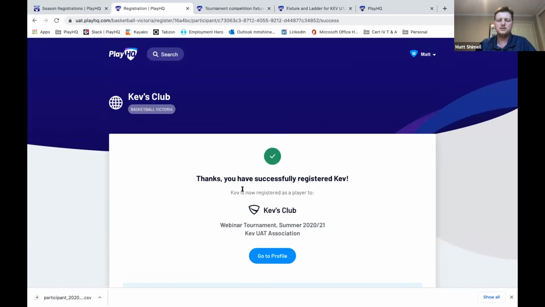Processing, and my registration has again been successful. Upon completing this registration, I'll also receive 2 emails. One is a confirmation email, and the second is an invoice email. So if someone doesn't receive that and they think they've registered, it's not because they haven't got to this last